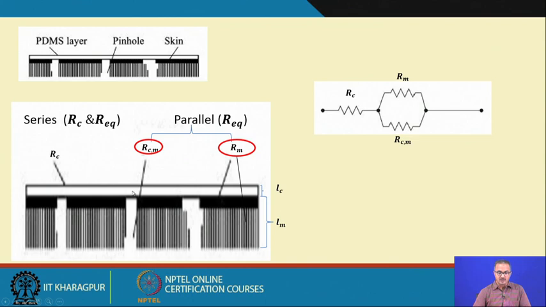So, if we draw an electrical analogy to this, we find that there is this coating resistance which is R_C, and then we have the parallel resistances, one through the membrane and one through the coating which is on the membrane side. So this R_CM represents the resistance offered by the coating material on the membrane side, and this resistance and the membrane resistance are in parallel, and these two resistances are in series with the resistance through the coating. So that is how we draw this diagram on electrical analogy.